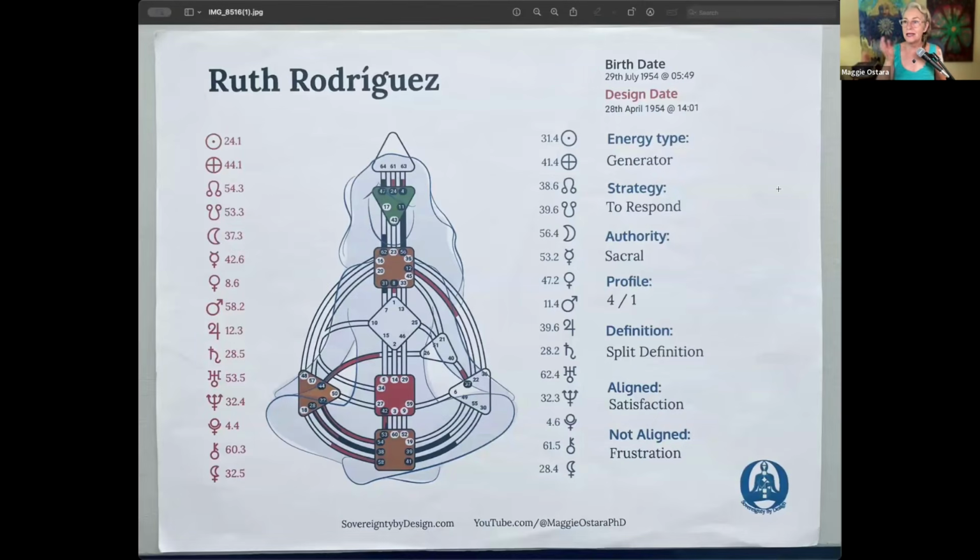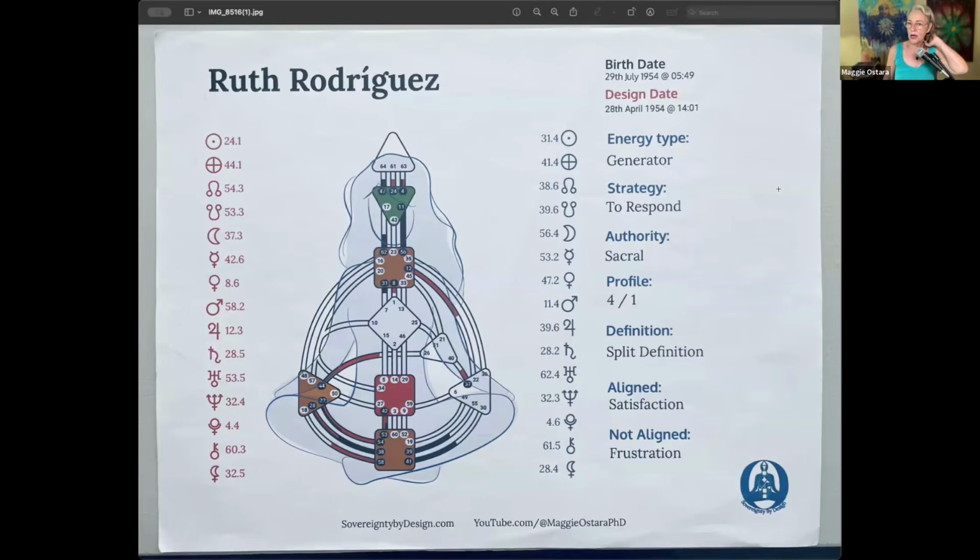Okay. So this will be the last thing and then we'll wrap up. So Ruth, you are a generator, right? Because you have a defined sacral. Everybody with a defined sacral is a generator of some type, either a manifesting generator, a pure generator, or an emotional generator. And so you have sacral authority, and one of the things that jumps